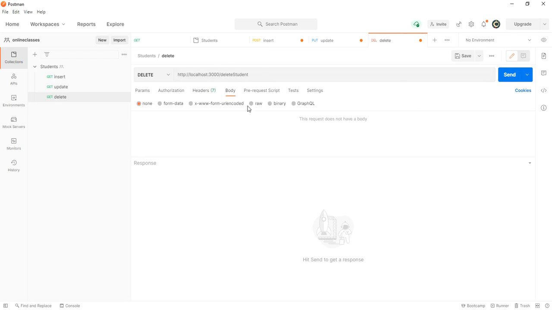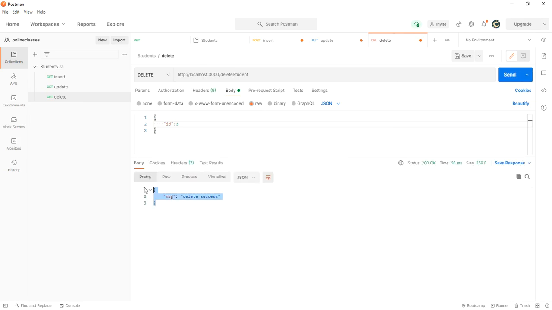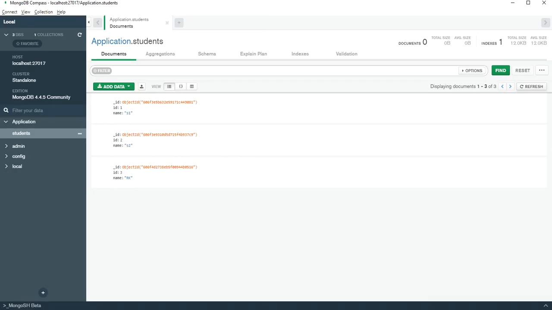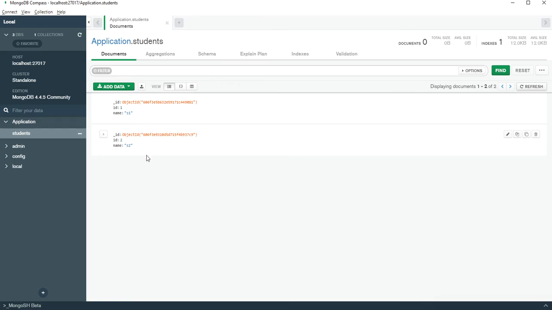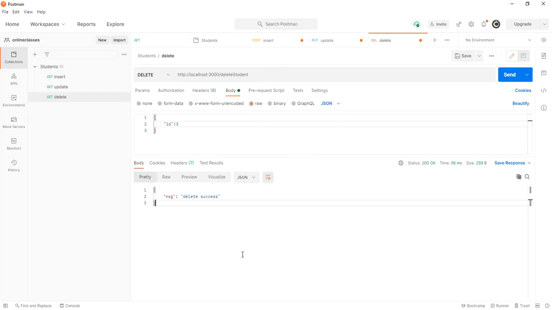Body, you don't need to send other values because we are only expecting ID value colon 3. Now everything is ready. Click on send. Awesome. Delete success. Let us see whether it is faking or actually deleted the record. So see, sir, I am able to delete the record also. So this is the way I can test my delete method.